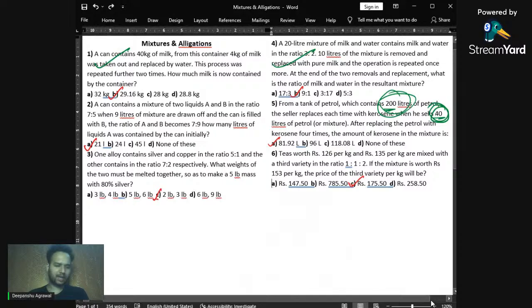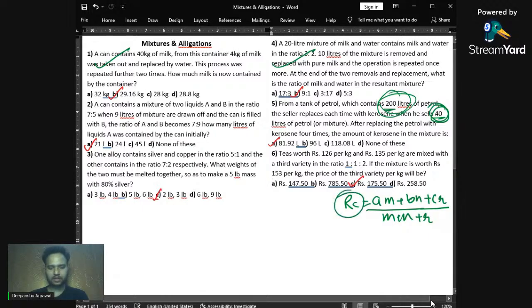Right. Question number 6 is very simple. In the last few questions, we just had two quantities. Here we have three quantities that are being mixed. So we just need to extend our formula. Resultant concentration is given by (Am + Bn) divided by (m + n). So in case of three quantities, we just need to extend this formula. So plus Cr, and divided by m plus n plus r. Now just put the values and you'll get the answer.